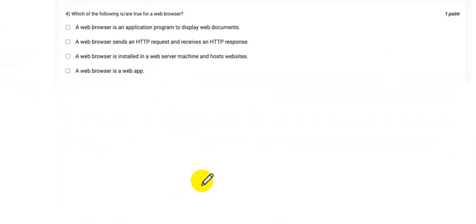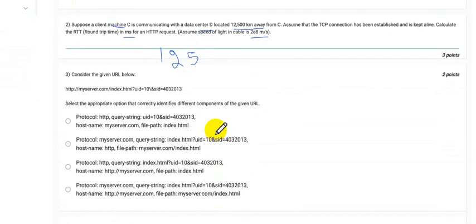So in our third question, they have given another statement, and let's classify. This is our protocol, and this is our domain name, and this is our file path, and this is our string core. So let's see. We know HTTP is our protocol, it's correct, and